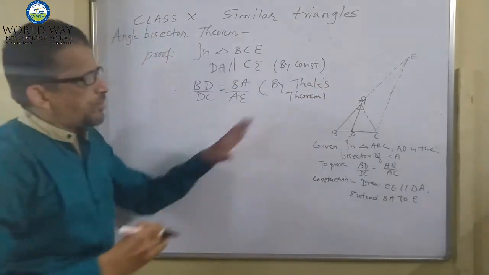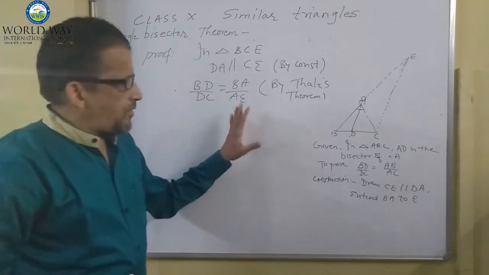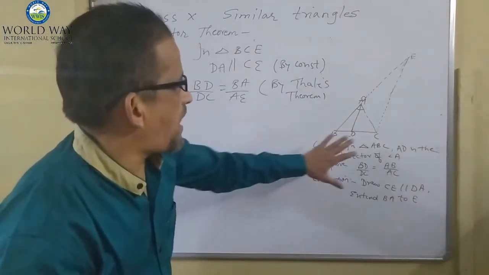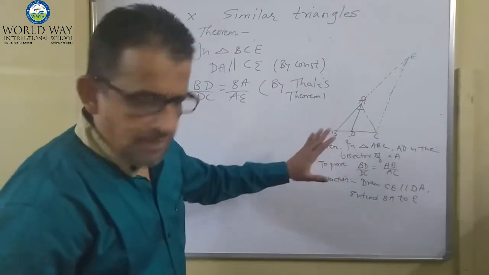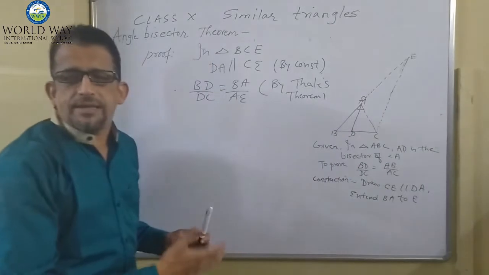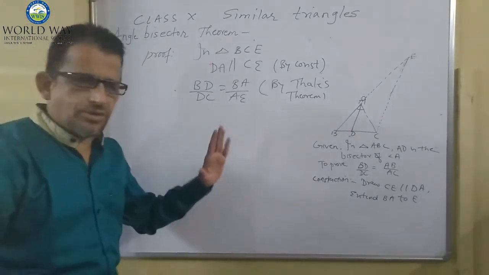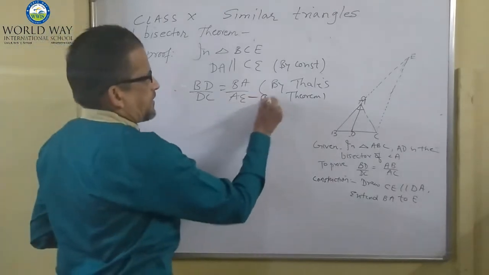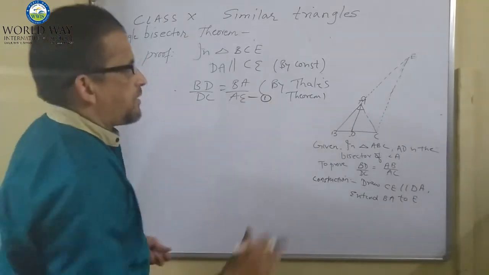We have already studied Thales theorem. What is Thales theorem? In a triangle, if a line is parallel to one of the sides, it divides the other two sides in the same ratio. We have studied this in Thales theorem. So write here by Thales theorem and give it equation number 1. Okay? Now